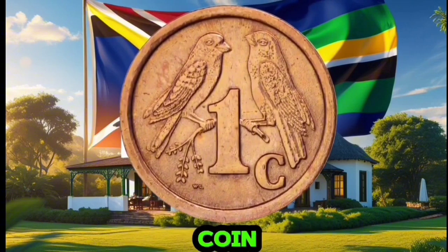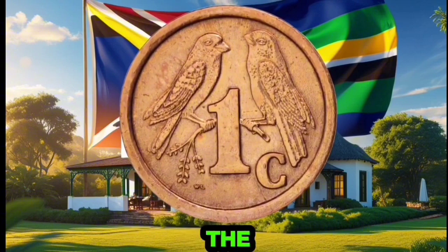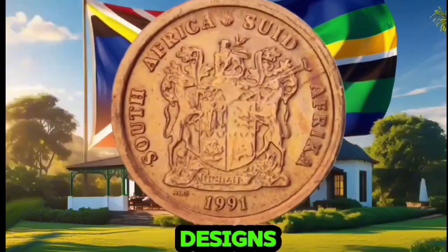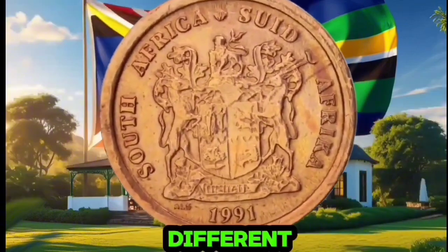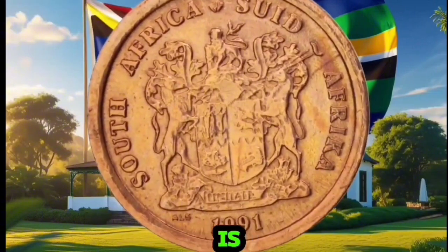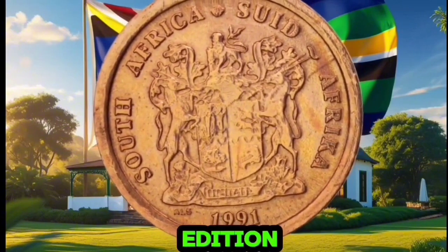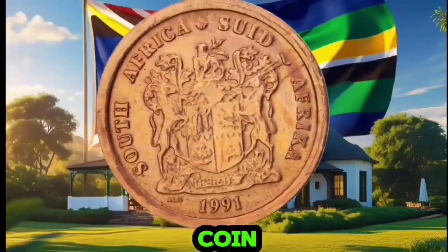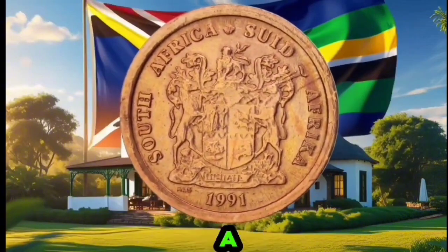The 1-cent coin itself, like other coins in the set, has seen several changes over the years, with different designs and compositions being used in different decades. But one thing is for sure, the 1991 edition has become legendary. Before we talk about why this specific coin is worth a fortune, let's take a quick look at the design